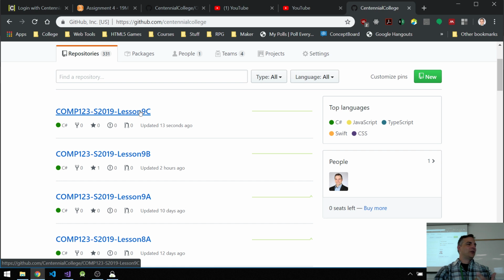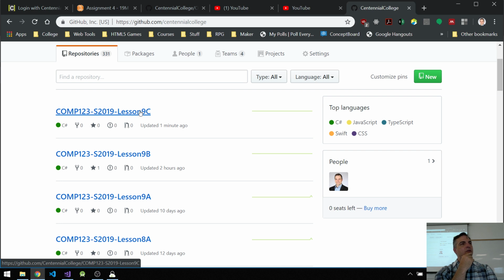You didn't add stuff to it. All you did here was make a repository, almost like a backup for your files. In order for you to get the full 4 marks, you need to create your repository and keep updating it as you develop. Yes? The thing is, let's say you have this one repository, you're going to have the COMP123 S2019 kind of folder. And then when you go uploading, that means